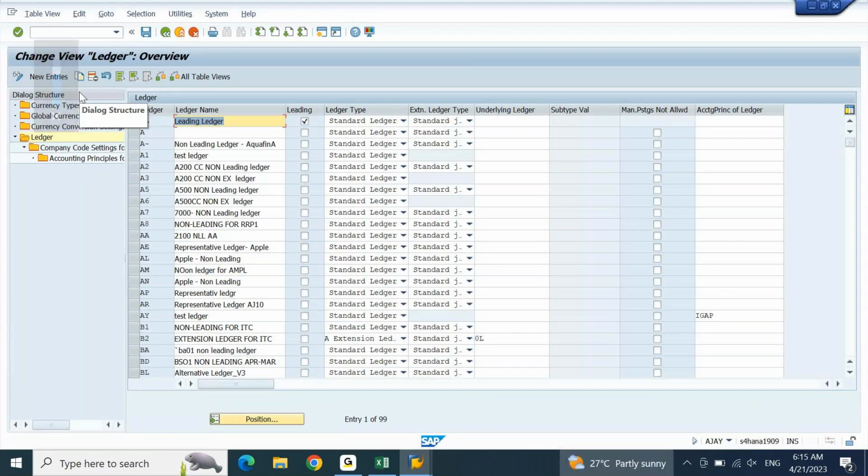Okay, when you're on FINSC_ledger, your intention is to create a non-leading ledger. Do not copy any ledger for creating a non-leading ledger. Clear? Be very specific with this point. Never copy an existing ledger to create a non-leading ledger. If you are creating a non-leading ledger by copying an existing ledger, you are making a mistake. So always click on a new entry. But before I click on a new entry,